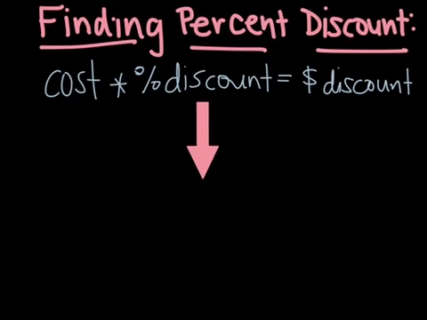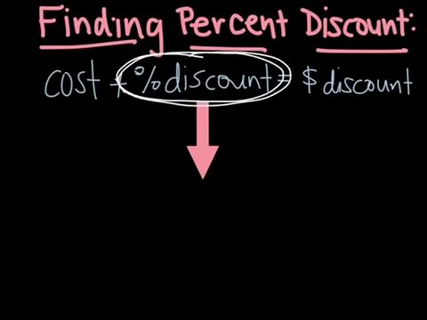There will also be times when you'll be asked to find the actual percent discount instead of just calculating the discount or the money discount. So in order to do that, you're actually going to work backwards or use our idea of a one-step equation because you're trying to find this part, the percent discount part. So what you're going to end up doing is, because we're multiplying cost times your percent discount to get your money discount, you're going to take your money discount or money off,